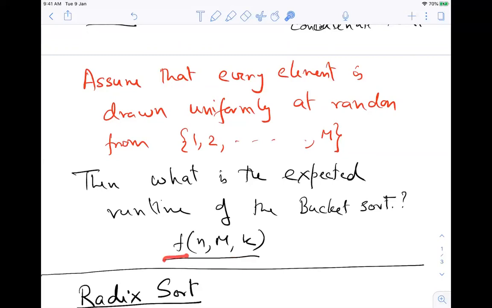This runtime will be independent of m. And what you will realize is that if you take k to be of the order of theta of n, then you can get this total expected runtime to be just order of n.